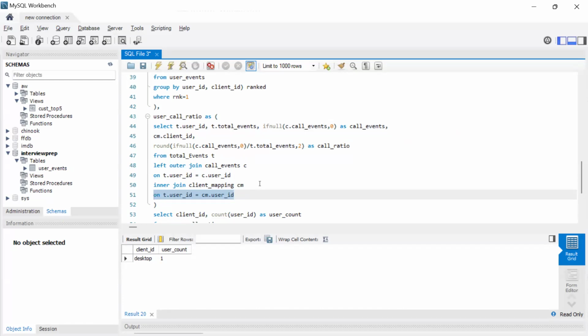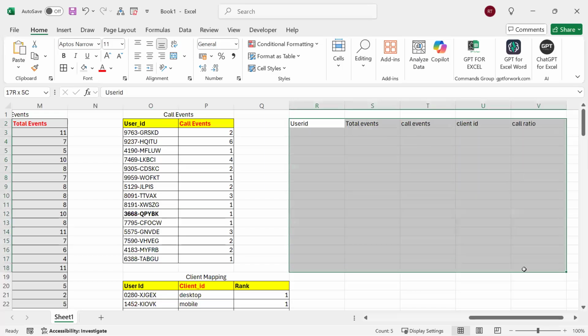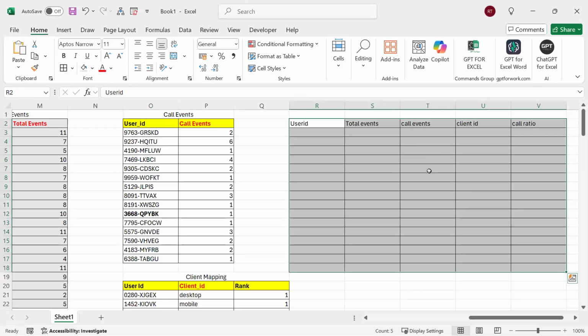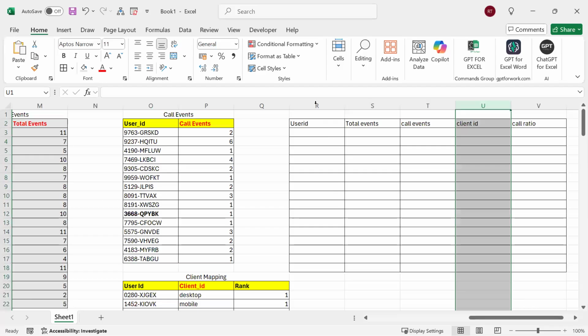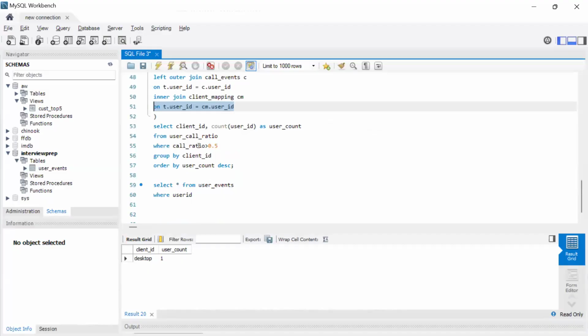राइट? दिखने में कॉम्प्लेक्स है बट वी आर मेकिंग इट स्टेप बाय स्टेप एंड ट्राइंग टू अंडरस्टैंड इट व्हाट इज एक्चुअली गोइंग ऑन। नाउ ये सारी कहानी होने के बाद मेरे पास ये टेबल फाइनली बचेगा। अब इस टेबल में हम लोग क्या बोल रहे हैं कि क्लाइंट आईडी चाहिए मेरे को, और काउंट ऑफ यूजर आईडी चाहिए मेरे को जिसका कॉल रेशियो 50% से ज्यादा है। राइट? तो बेसिकली हमको डेस्कटॉप का एक बंदा, एक यूजर काउंट एक मिल रहा है, मतलब कि ऐसा तुम्हारे पास एक बंदा होगा जो कि डेस्कटॉप से लॉग इन करा है और उसका कॉल इवेंट तुम्हारा 50% से ज्यादा होगा।